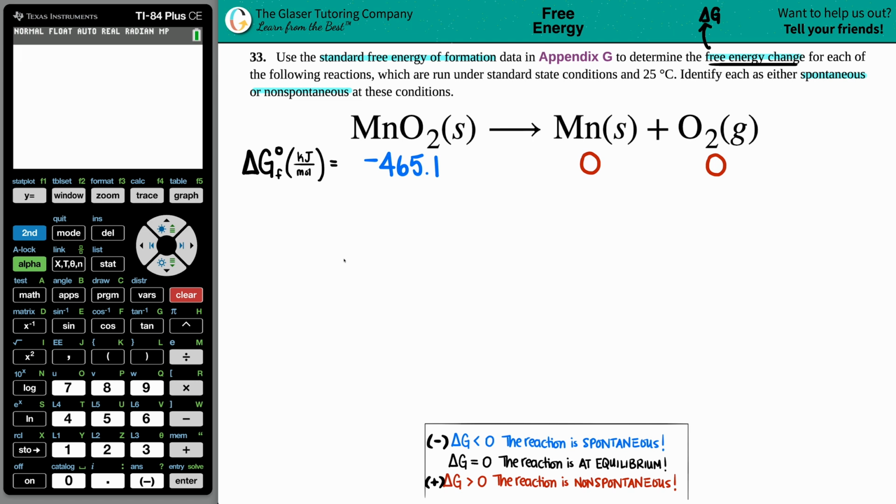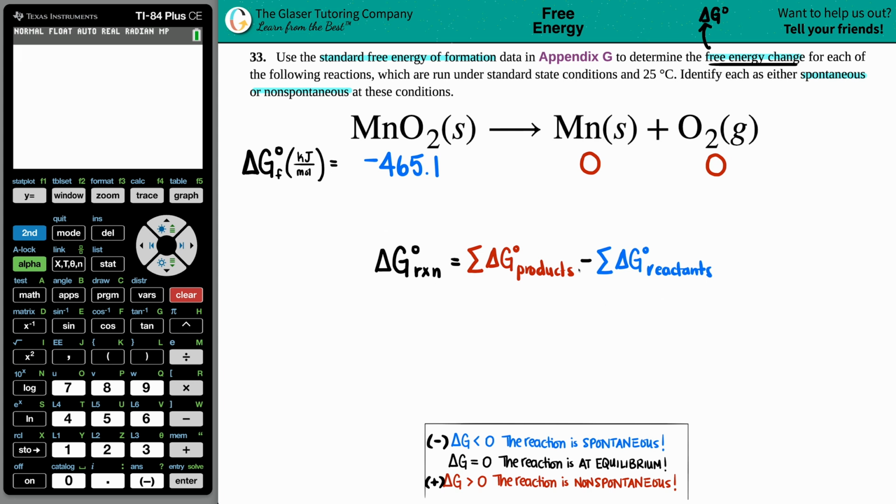Let's find out that delta G. Now, since we're using standard conditions, 25 degrees Celsius appendix values, we're solving for a delta G naught. Anytime that you see that naught, that just means that you're under standard state conditions. Formula for this one is here. It's basically the same as any delta H or delta S value, right? Delta G for the whole reaction, Rxn is reaction, is equal to,